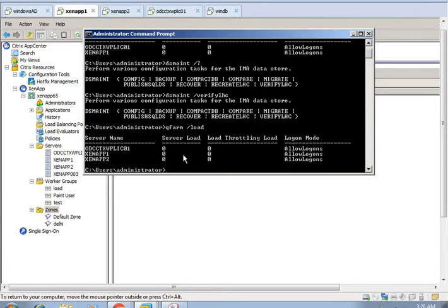A value from 0 to 9,999 means the server is on normal load. This is for load throttling. And in case it shows 10,000 or 20,000, 10,000 means the server is at full load, which means it will not accept any new connection. Or if the license mismatch is showing 20,000, users will not be able to launch the applications published on this server.